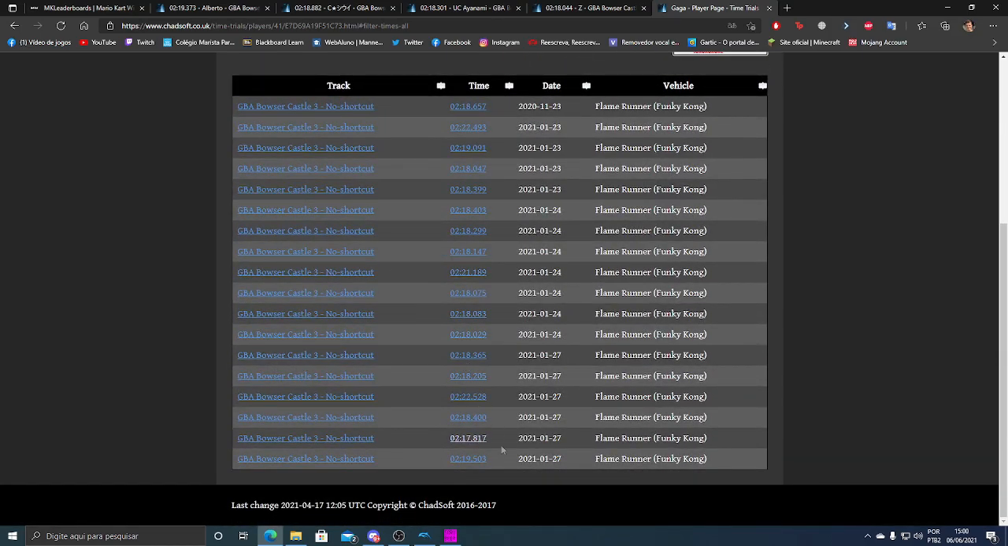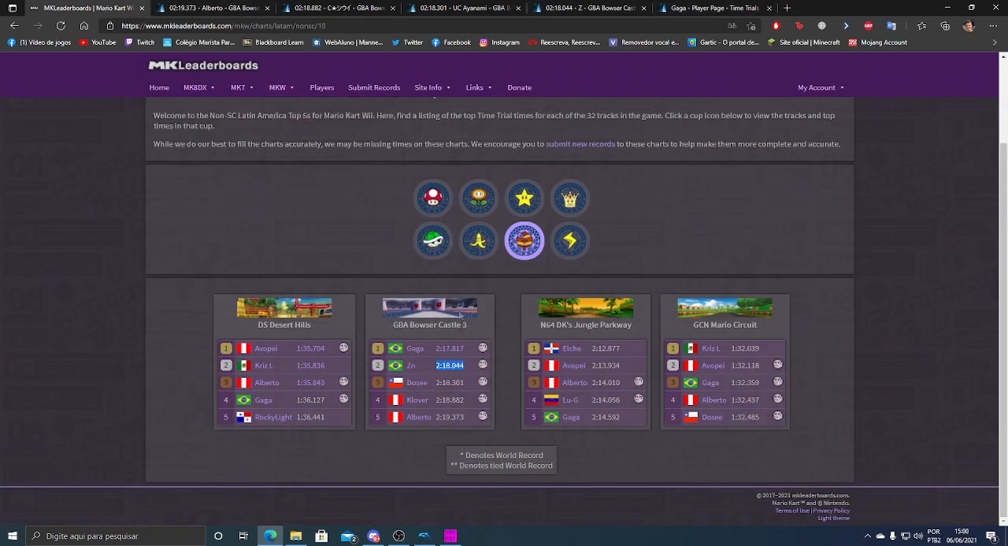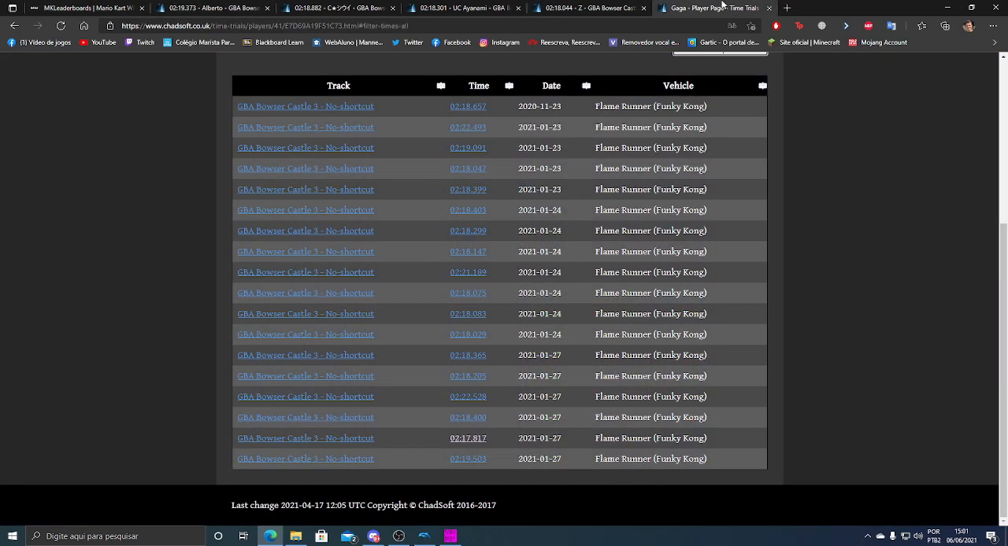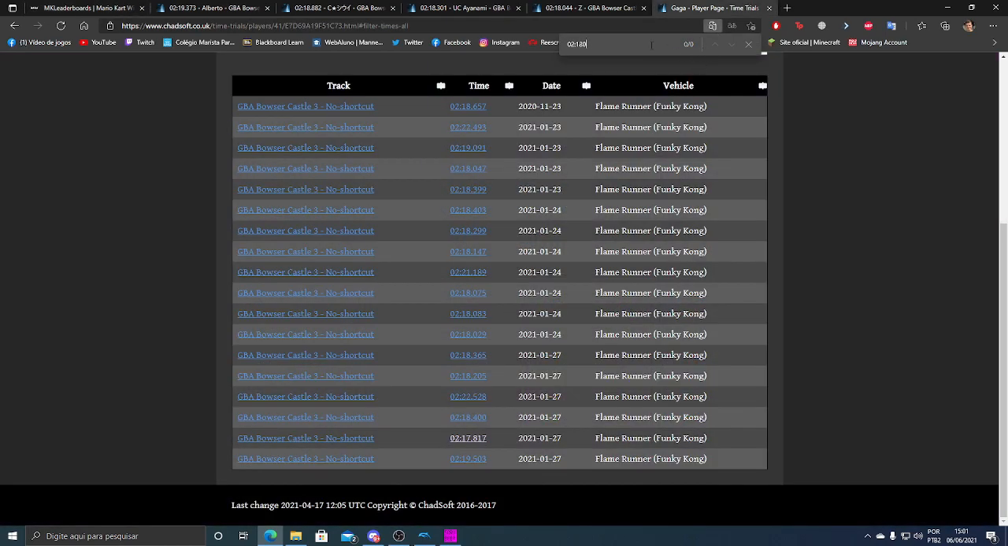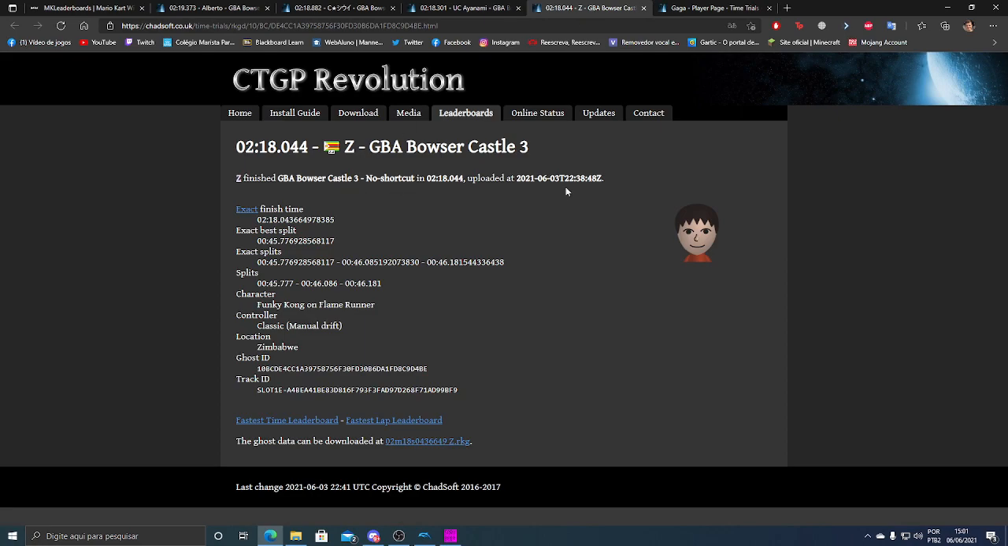And here you're gonna see everything. We can see here is 218044. Now we're gonna see here which one is faster. We can go in Control F, 02180, and like this, and we can see that this one is the fastest, and the ZN was in here